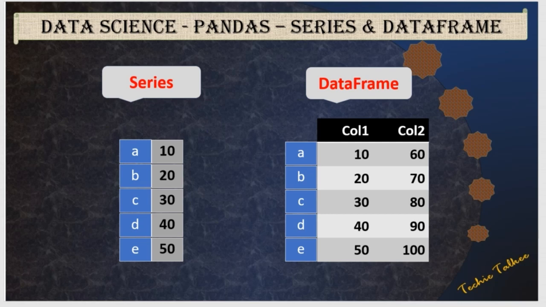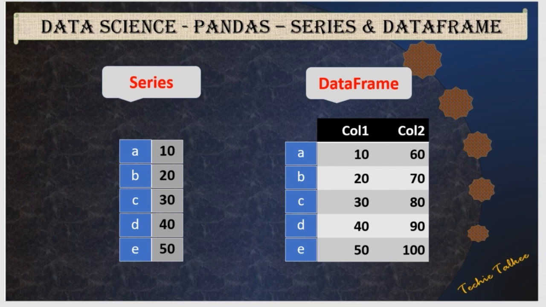Data science is all about dealing with data. This data can be stored in various forms such as 1D, 2D and in other dimensions. Hello viewers, in Pandas we are going to look at two types of data structures which are actually the classes. One is the 1D format which is termed as series. So series is a one-dimensional labeled array and it can hold integer, string, floating point or any Python object data